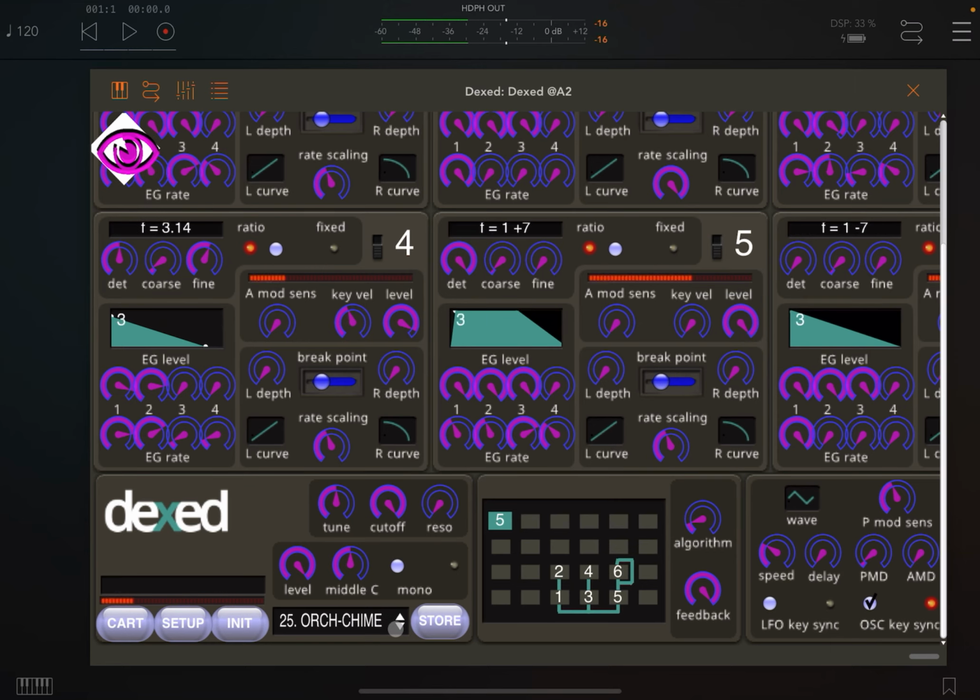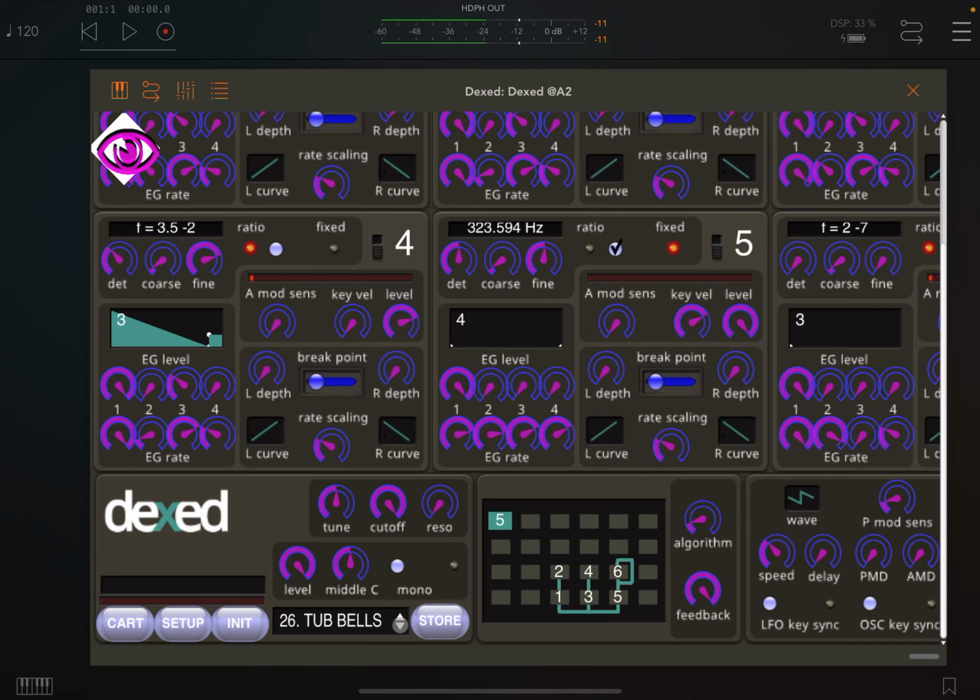Orchestral chimes. Now, the tubular bells sound is definitely one which has been used in many different places. If you think of the beginning of the soundtrack to Top Gun,